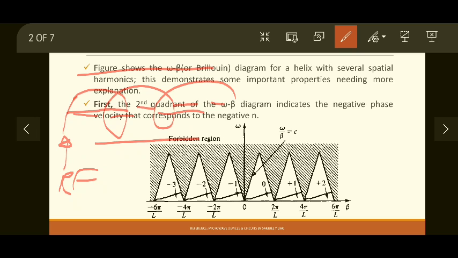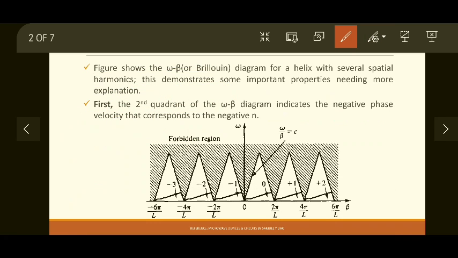Now when waves enter the helical coil, because of the presence of magnetic field and electron beam and velocity modulation induced because of these two, there is an accelerating field and decelerating field, that is electric field, present inside or around the helical coil, and that creates harmonics of the input wave inside the helical coil. These are called space harmonics. So the presence of an electric field producing a velocity modulation causes harmonics, and the diagram of these space harmonics with respect to angular velocity and their phase constant is shown as an omega beta diagram.